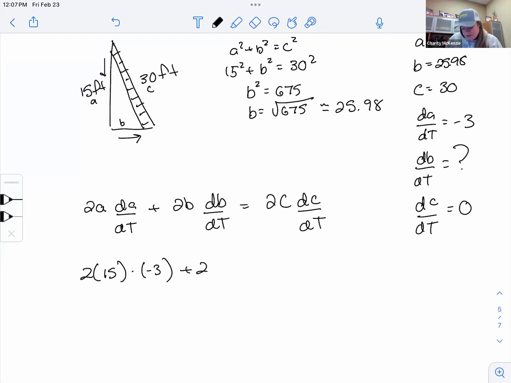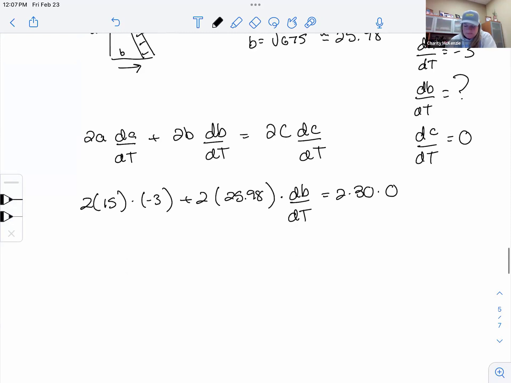And then plus 2B is going to be 25.98. Again, you could use the radical if needed. And we don't know dB/dt. That's what we want to find. And then equals 2 times 30 for C times 0. So that whole part's just going to go to 0 because it's times a 0. So then we're going to have -90